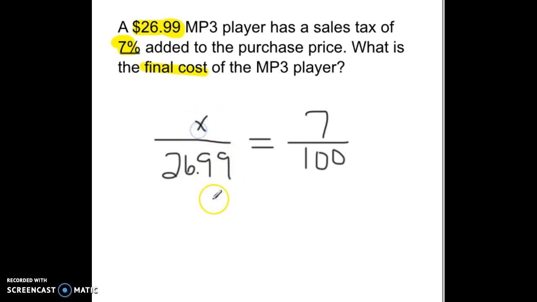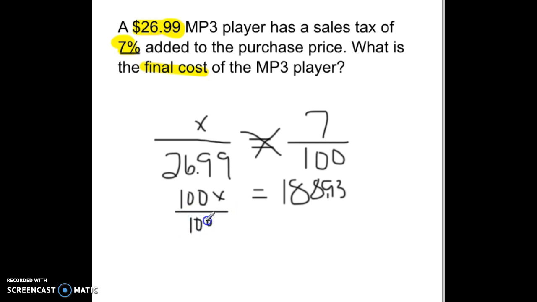So what do we do? Cross products are equal. We know that about proportional relationships. And we get 100x equals, now it's time to visit that calculator, 7 times 26.99, which happens to be 188.93, and our decimal is going to go right there as it's two places over. So it's a one-step equation. We divide by 100. Now this is where it might get a little bit different. X equals